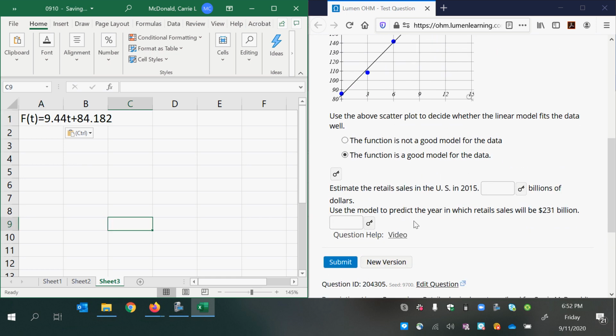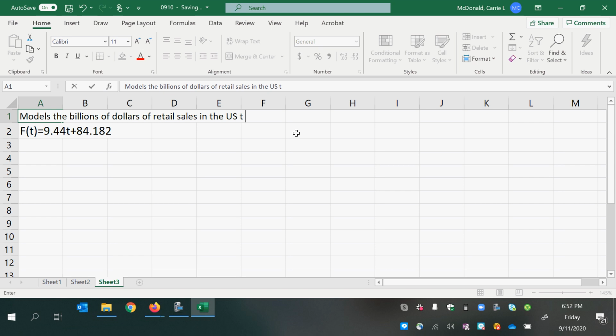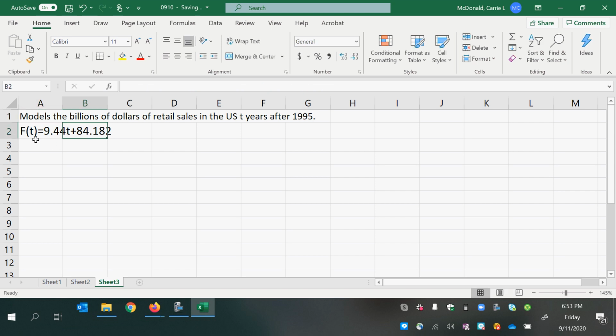And then I also need the year, 2015. Okay, so the model gives the dollars, billions of dollars of retail sales in the US T years after 1995. Okay, so T represents the number of years after 1995, and F of T is function